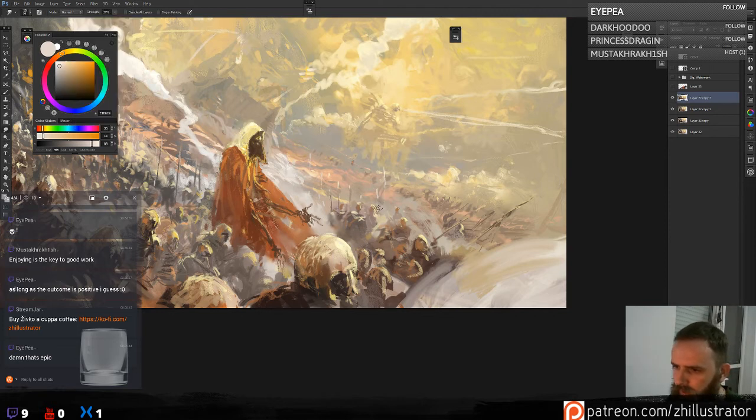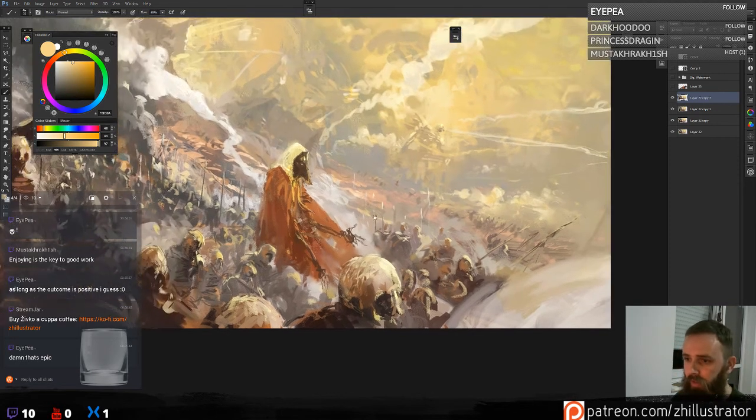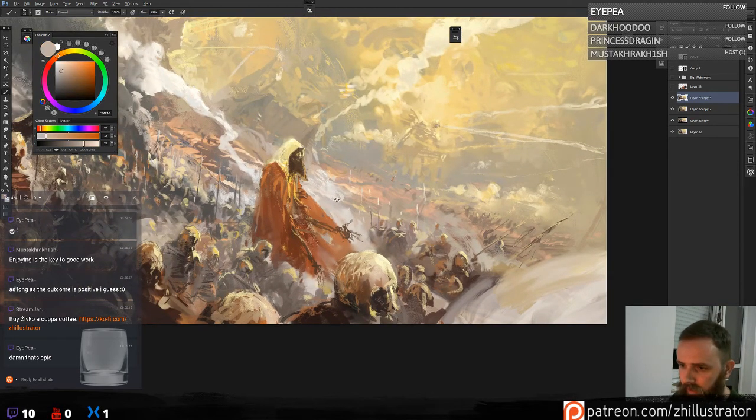So using this, I use the smudge tool to smudge everything, and also I like to use the mixer brush. It's one of my other favorite tools to mess around. But it has to be set up really well to work well. I try to set up my mixer brush well.